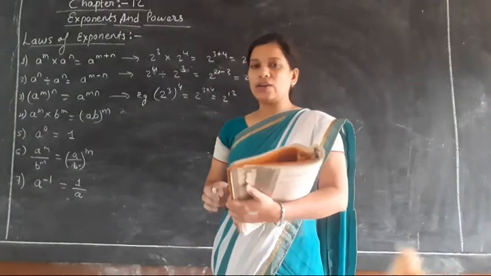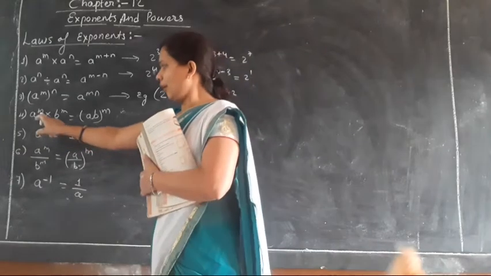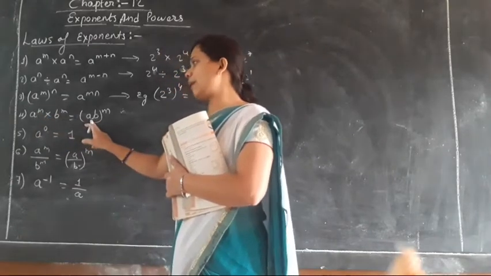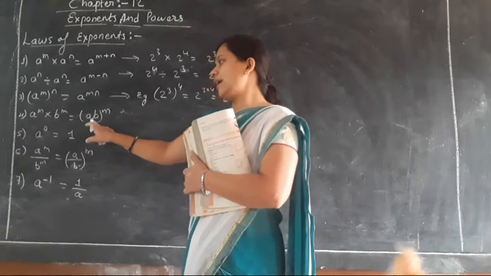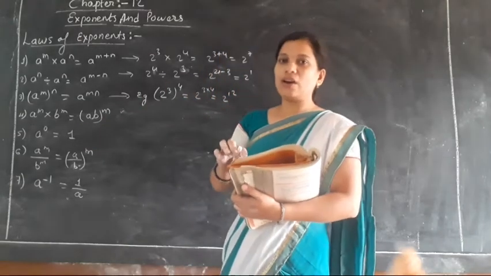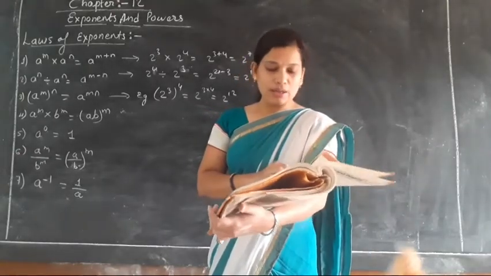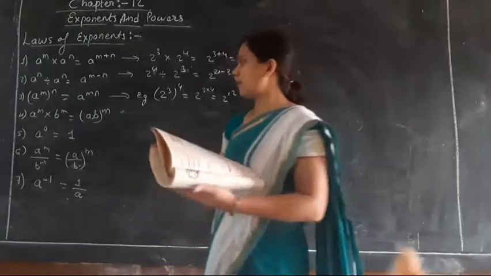Now moving toward the next law of exponent, we are having a to the power m into b to the power m, whole is equals to a into b whole to the power m. Meaning when the bases are different and the powers are the same, the power will come common and the bases will get multiplied there. Okay. For example